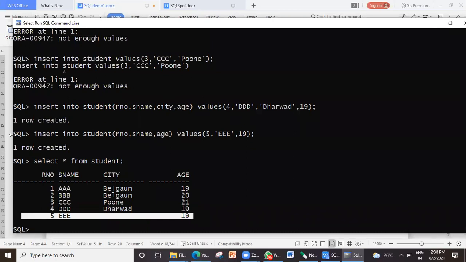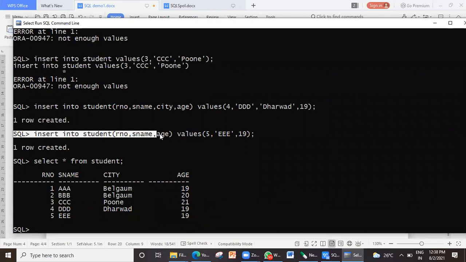Yes, ma'am. So such insertions can be made only with this kind of syntax. What is this syntax? Insert into table name, and you have to specify the fields for which you are going to insert values and skip those fields for which you don't want to enter the value. In rare cases, of course, you will later learn in the characteristics of database that nulls are not preferred in a database unless they are required. Sometimes there may be a case that values are not known or should be entered later. Right now they are not known.